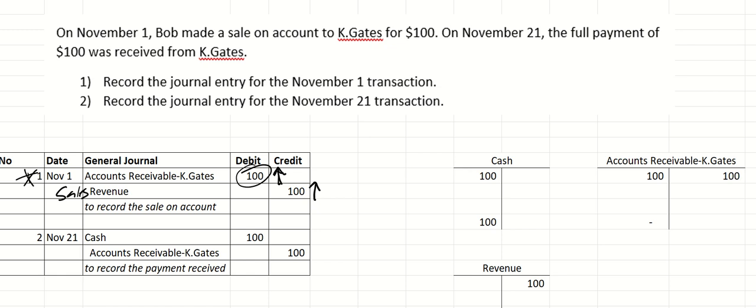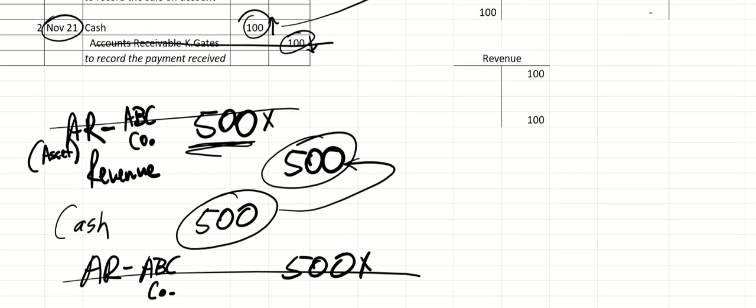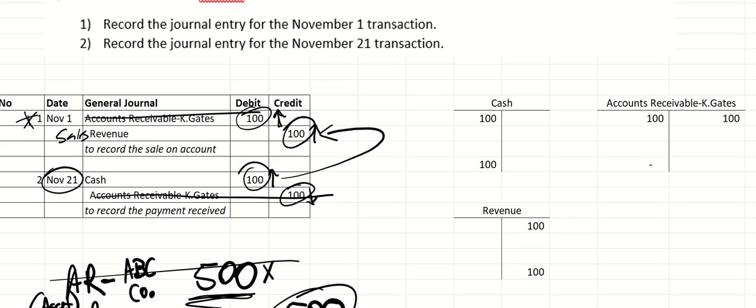On November 21st, that's when the cash was received. So we're going to increase the cash account by $100, and decrease the accounts receivable account - K Gates by that same amount. This is going to eliminate this receivable balance that was initially recorded on November 1st. So this cash payment matches the sales revenue that was generated on November 1st. But going back down to here, or even up here, what if Kevin Gates doesn't